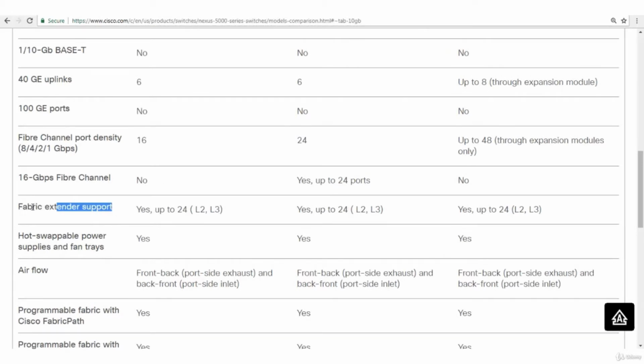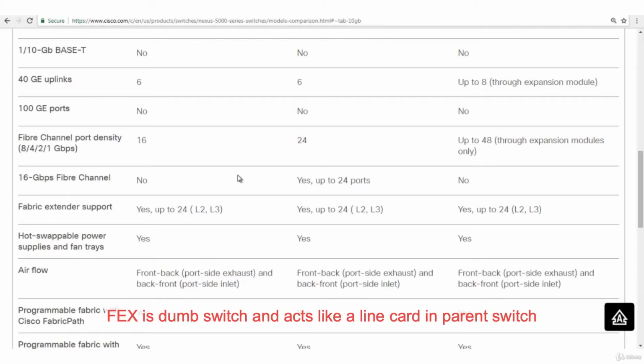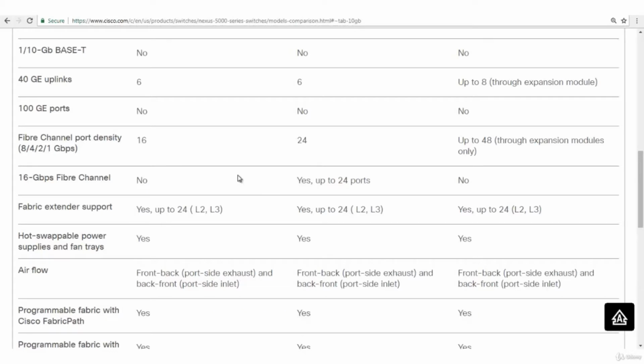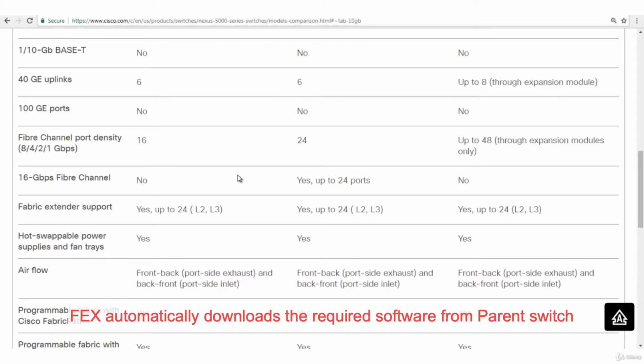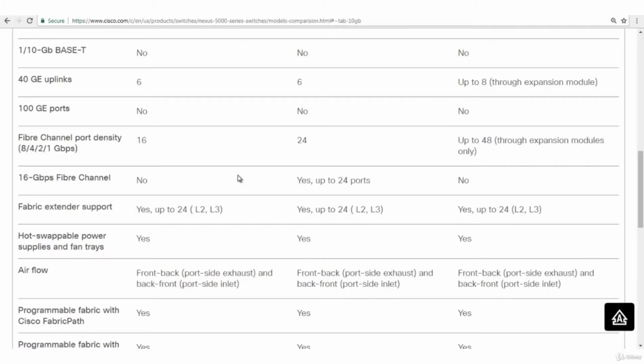This is the main thing: how many fabric extenders, FEXs, that is 2000 series devices. I'll talk about it in this lecture itself, but FEXs are dumb line cards. They don't have any CPU. They use the brain of the parent switch. So if you're connecting a 2K device to this switch, this switch will become the parent, and the FEXs will be managed from this one. The FEX will automatically get the image. We don't need to configure it separately. We just need to activate the ports. The FEX will be connected to this switch and it will appear as a line card. If you do show module, you'll get this FEX listed there. So it says that yes, it does support FEXs up to 24.